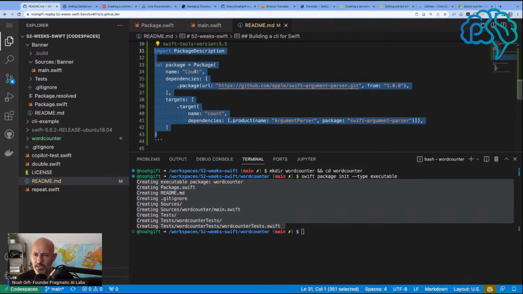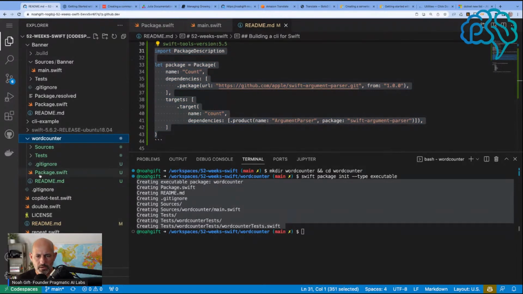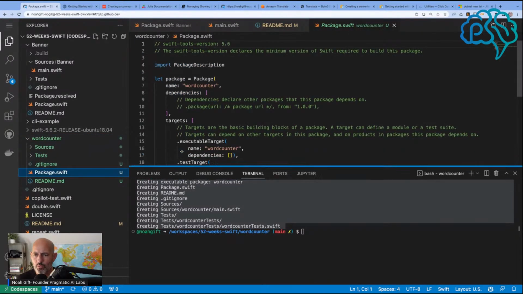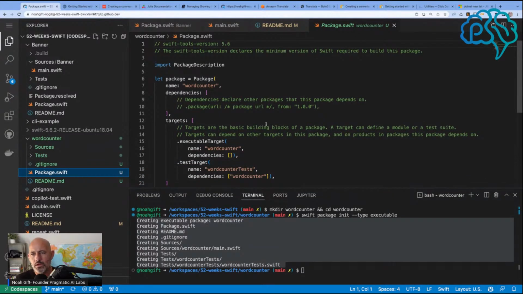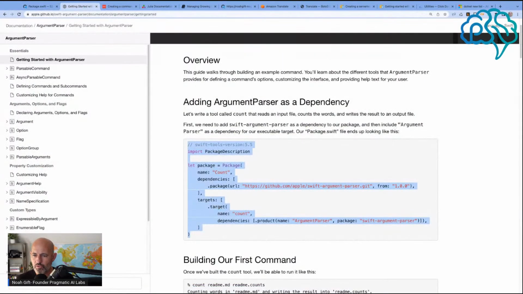Now, do I want to name it count? But we'll see here. So what do we got currently? Okay, word counter. Let's see what they do here. Probably name count,